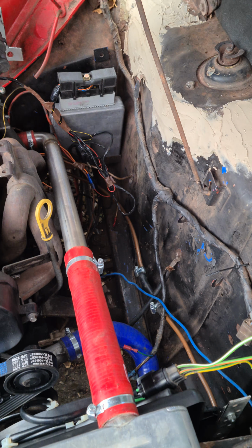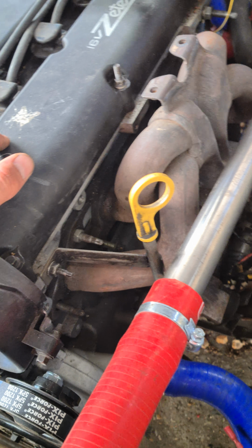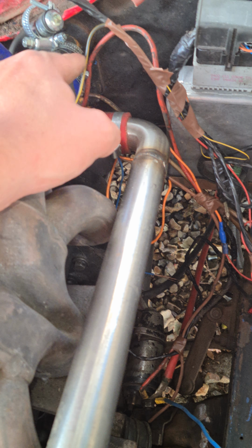So this is the video of what I've done on the 2 litre Zetec. Second-hand engine, I think that cost about $350. The ECU I got off a Bang Racing page, that was £75. It's cut down, so literally all we have: switch live,